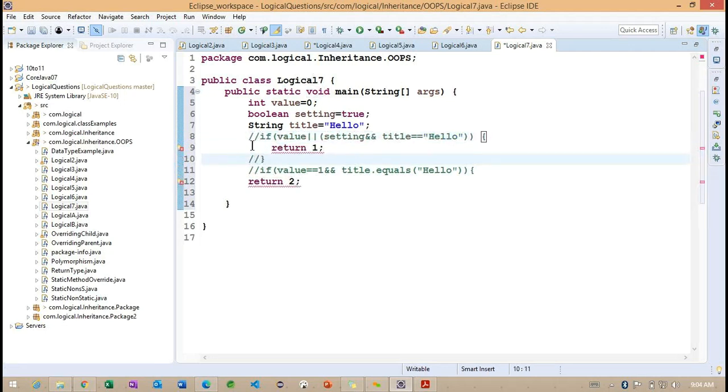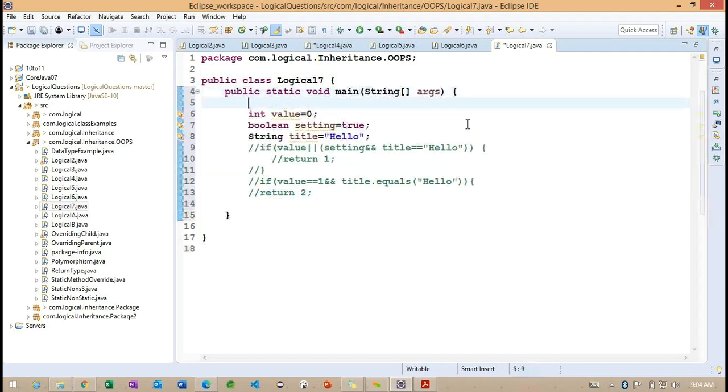So now, what is happening internally? Can you please explain whether this commented code is going to work or is going to give any error here? I'm going to write this section inside this particular method, public int getValue.